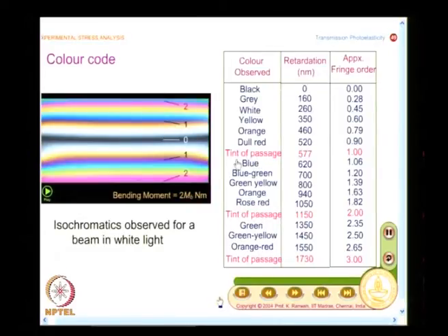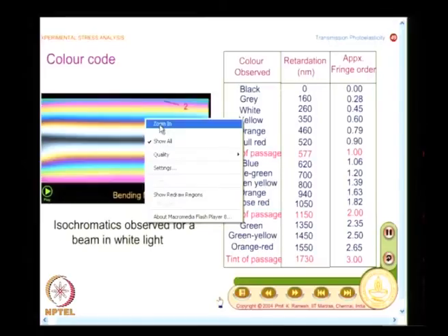Before I magnify, look here: I will have a blue, blue green, green yellow, orange, and this is labeled as rose red. See, in the case of a first fringe order, you have a transition between dull red to blue, and in the case of a second fringe order, it is rose red to green, and these are easily distinguishable when I magnify the picture. And I want you to have an appreciation of this.